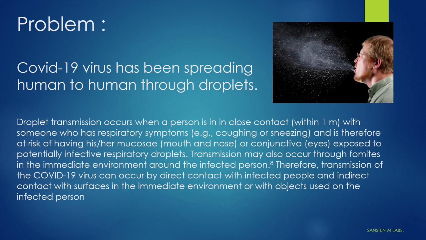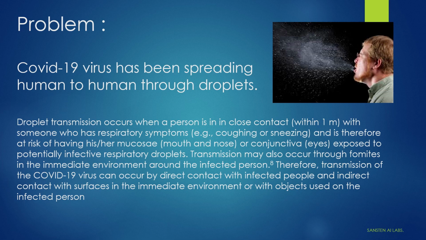Problem. The COVID-19 virus is spreading from human to human through droplets very rapidly. It's a droplet transmission that occurs from person to person in close contact, say within 1 meter. If someone sneezes or coughs within 1 meter of you, then you are at risk. The droplets may transmit through the mouth, nose, and eyes. The chances that you are exposed to the virus are very high if you are within 1 meter of